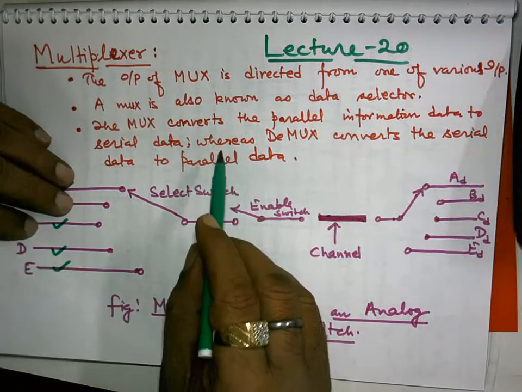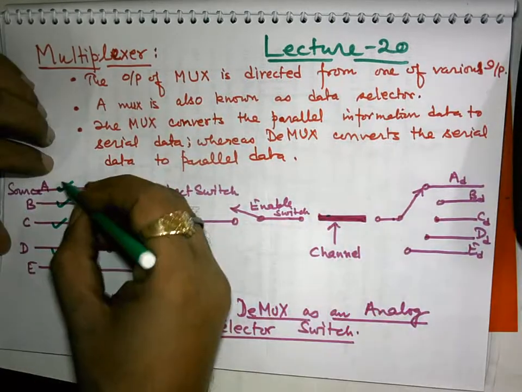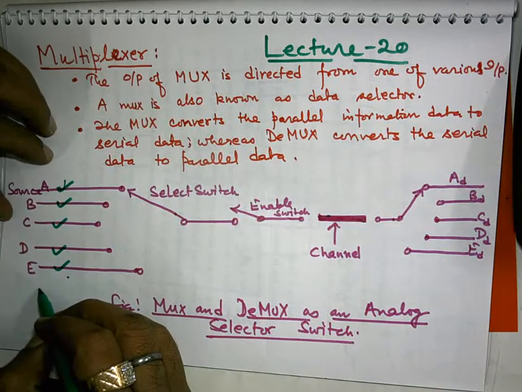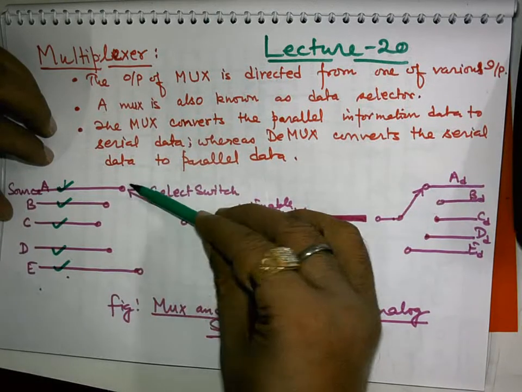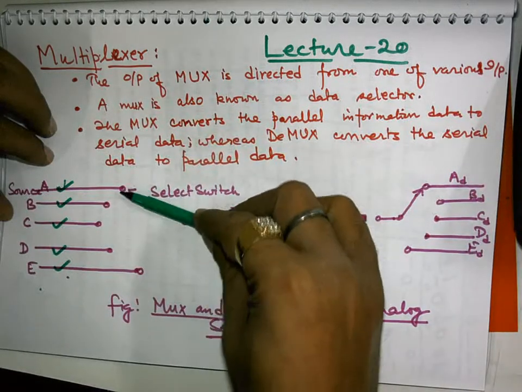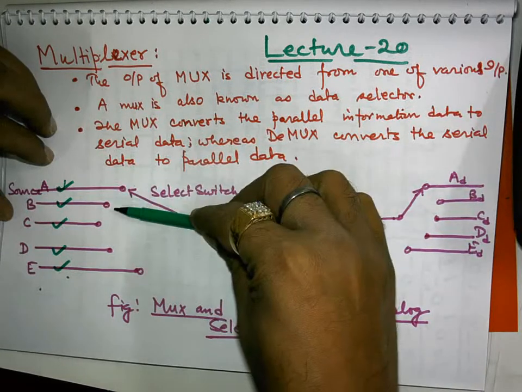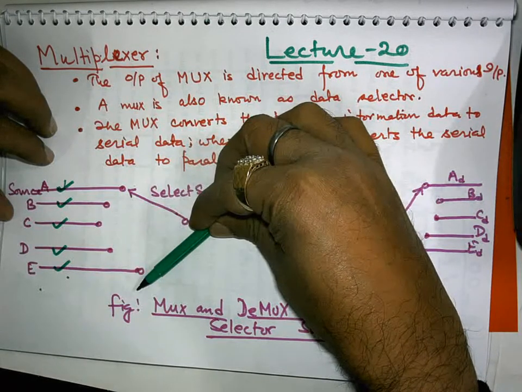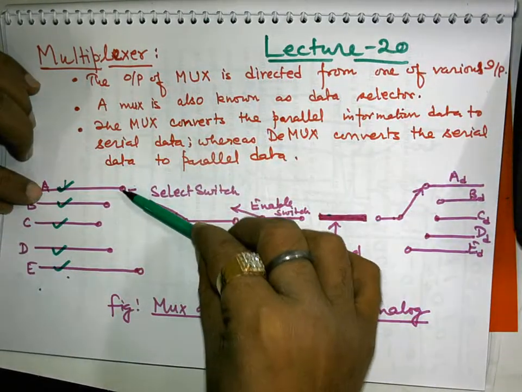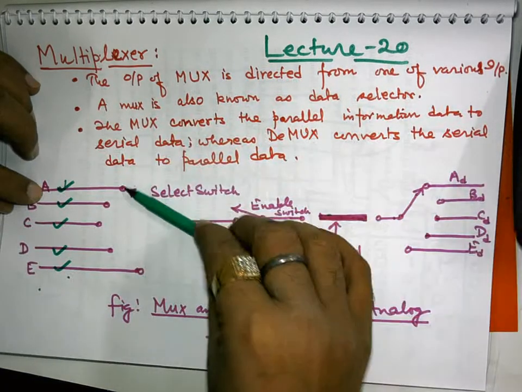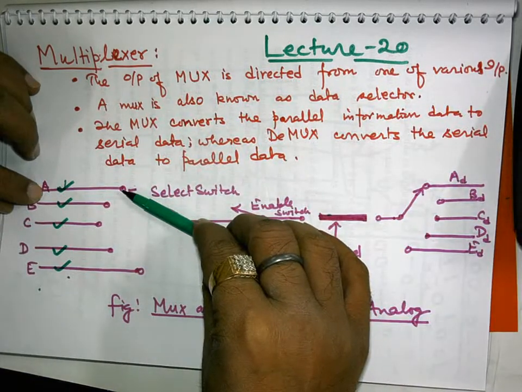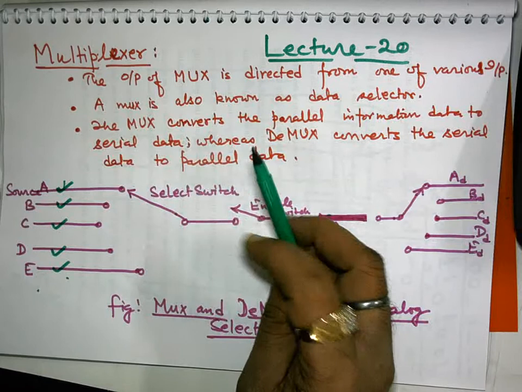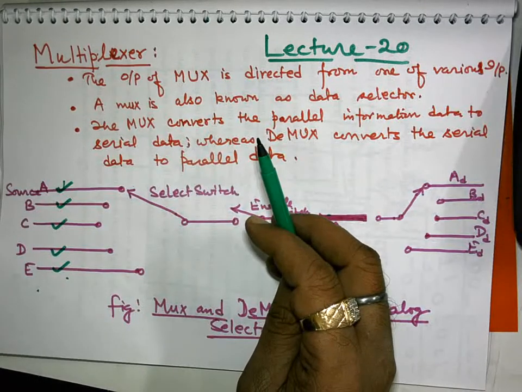And this mux is also used to convert parallel data into serial data. Suppose you have 8-bit parallel data, you need to convert it into serial data. You will select this data bit, then this data bit, then this data bit, simply by rotating this rotor switch. So the data flows at the output line or at the channel which is selected by this mechanical switch. The conversion of this mechanical formation into electronic formation is done through electronic multiplexers.